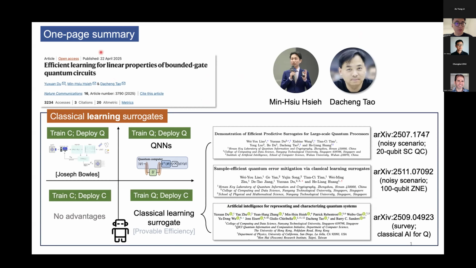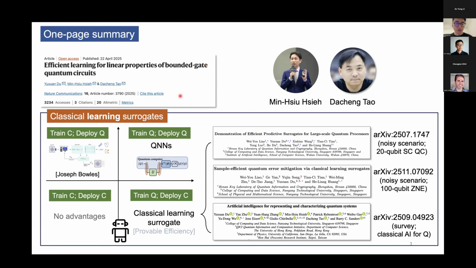Actually, the main topic of this presentation centers around our recent work published in Nature Communications. This work was completed in collaboration with Minxiu and Dutch. You can think of this paper as proposing a very new concept called classical learning surrogates. As we know, there are multiple ways to decompose existing quantum AI models. If we adopt a view of how they are trained and how they are implemented, we can